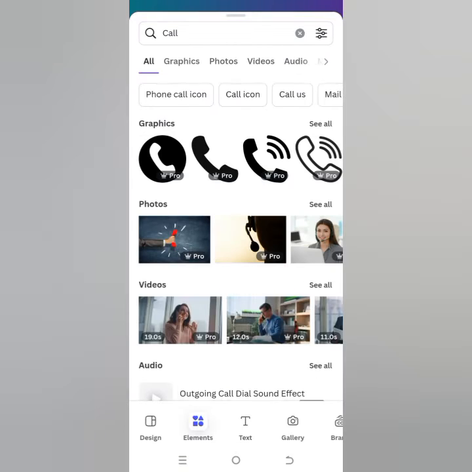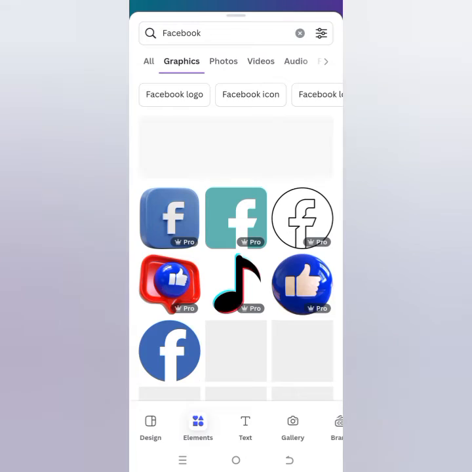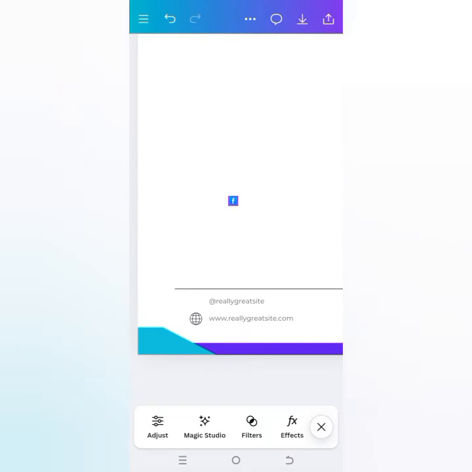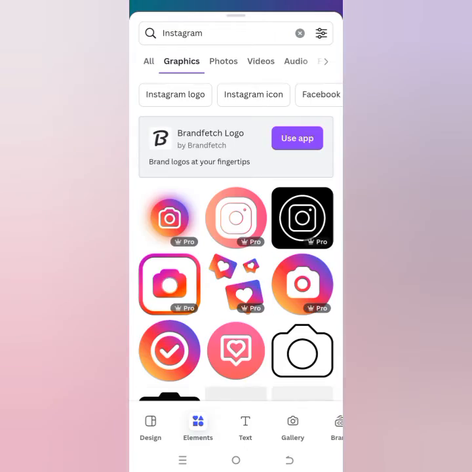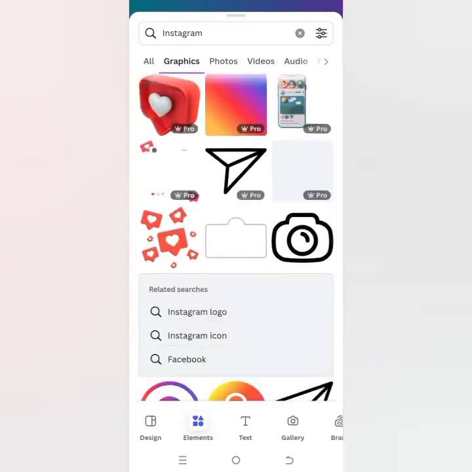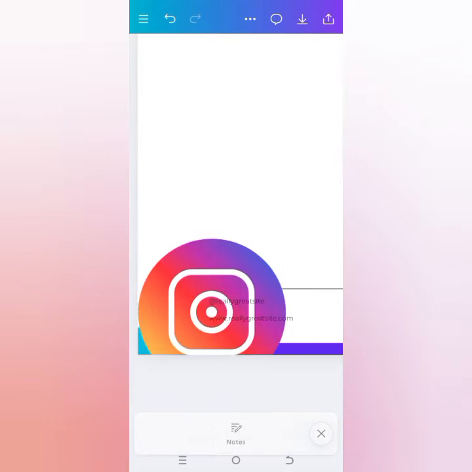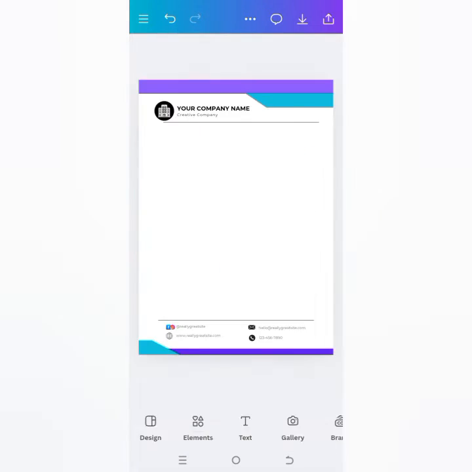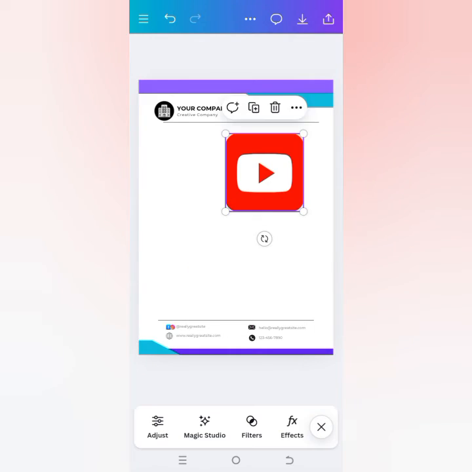The same thing for maybe if you have a social media handle. You just type Facebook, select the logo, keep. Instagram, select the logo, keep. TikTok, all your social media handles, even YouTube. So I'm just going to get the different logos of all these social media outlets or handles or platforms, and